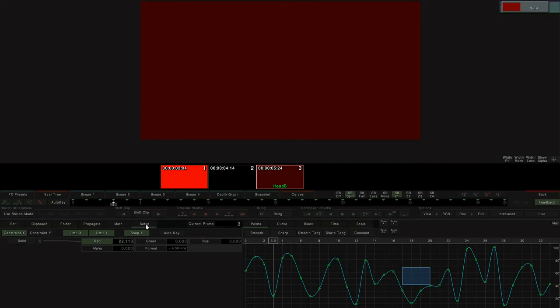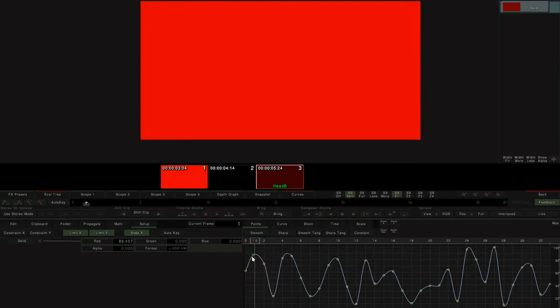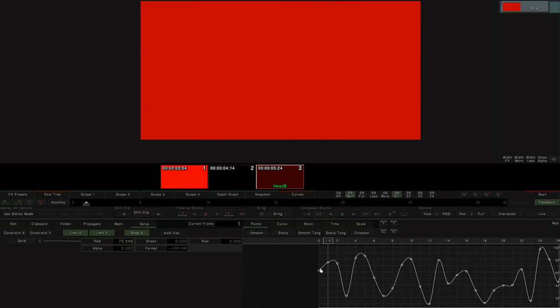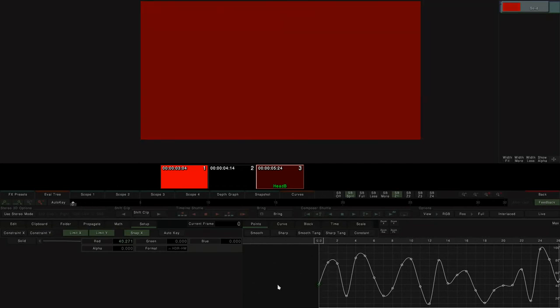Setup allows you to apply some limitations to how you can move things. So for example, at the moment I can freely move that keyframe wherever I want, or of course I can constrain it in X so it can only go up and down, or in Y so it maintains the same value, just changes time. Limit X and Y basically means that this doesn't let me drag a keyframe before 0 or after the end of the clip,